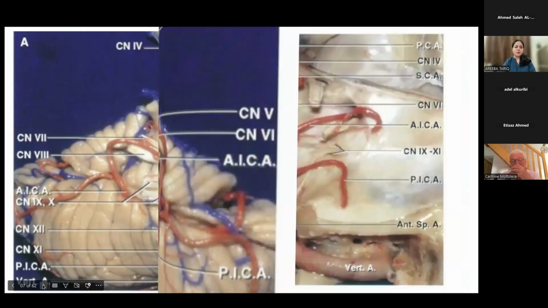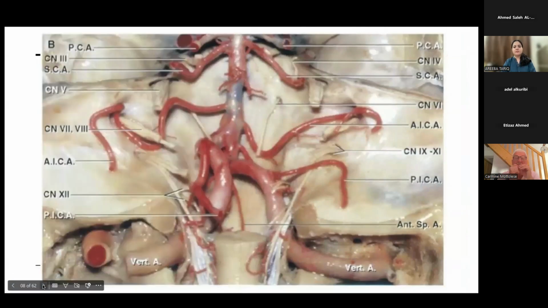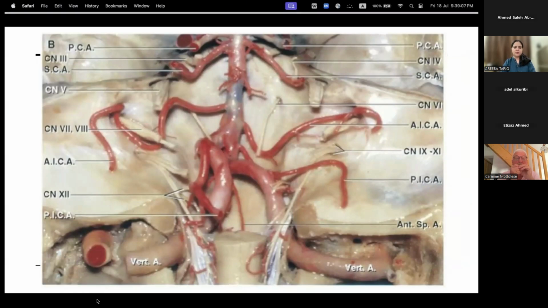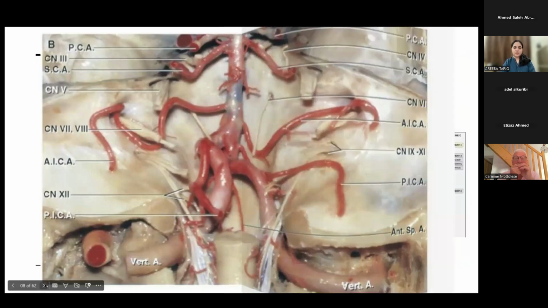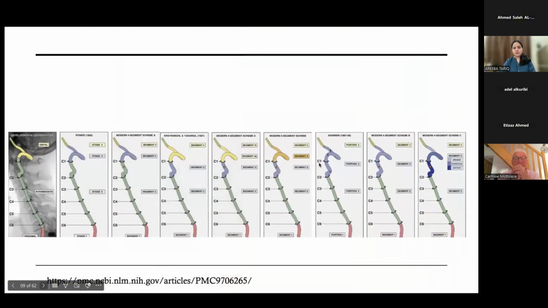Moving forward, all of the cerebellum and the brainstem structures have been removed to show how it is related to different cranial nerves. We are going to go through this later one by one. So we should not get confused by this slide. This just shows how many ways we can actually divide vertebral arteries into different segments. At different ways of dividing it, it's very complex. There's no point in going through everything.